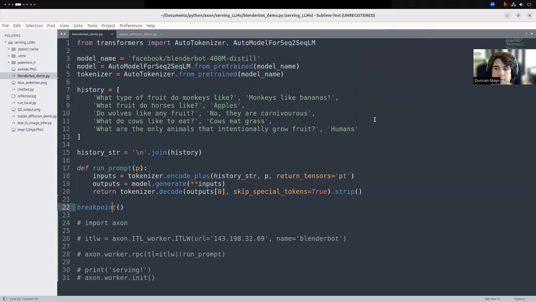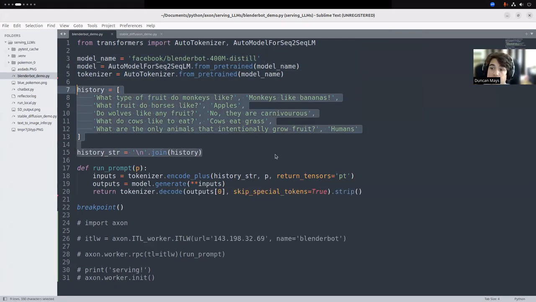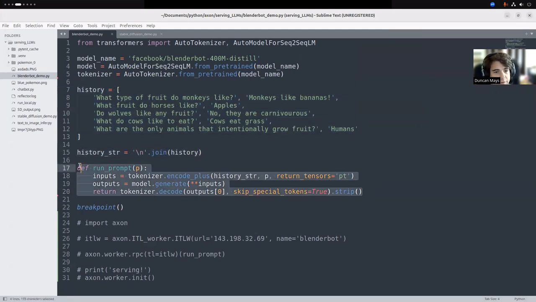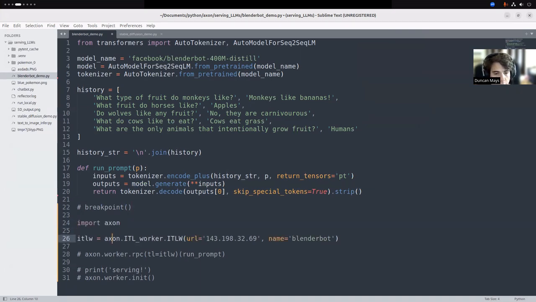Now let's do the same for BlenderBot. You can see here I have the code to import all the libraries we need, load up the BlenderBot model, and then also to actually give it a context to draw information from. I've also already defined a function to take a string input, tokenize it, feed it through the model, and return the outputs. So all we need to do is remove the breakpoint, import Axon, and then define a worker object,